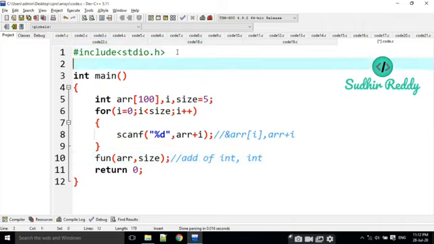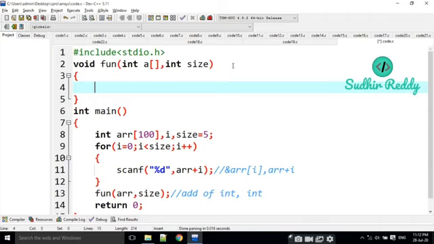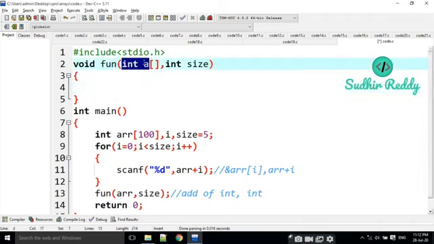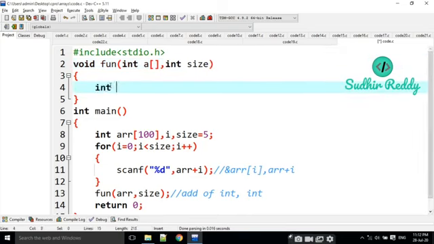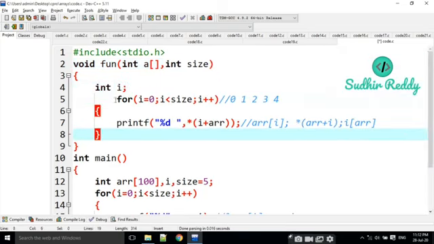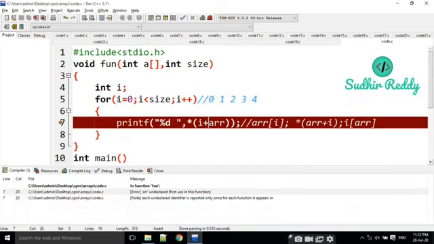And I am going to develop the function definition for this. This function returns nothing, that's why I am writing void. And what is the function name? That is fun. I can write like this, fun of int a comma int size. Like this we are going to give: this is the integer array and this is the size. Here I am going to take some I is equal to 0. Are the values passing exactly or not? For example, I am going to execute it.